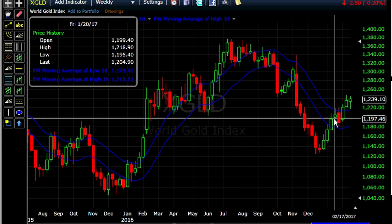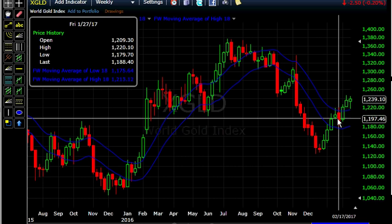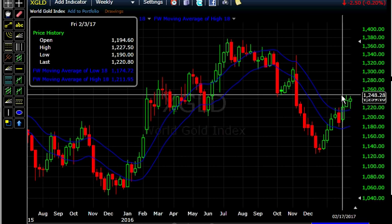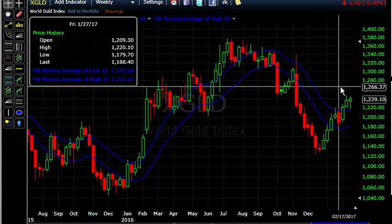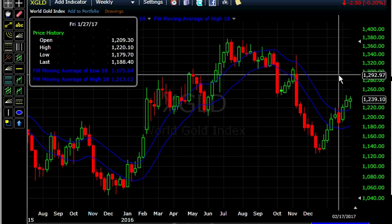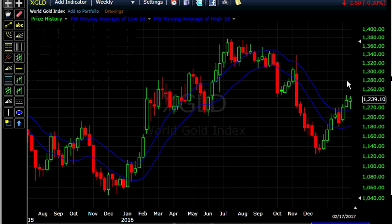Interestingly, this went from a level of 1205 down to 1188, or a situation where it lost over 1%, where silver had a small up week. That's interesting in itself. However, the pattern is relatively the same. You come from a key bottom, you stabilize within the band, and now you're breaking out above it, looking to establish resistance. I like to see it come up maybe a little bit higher first, but nonetheless, breaking resistance, you got to think you can maybe chug in a new high or test another level up in the higher 1200